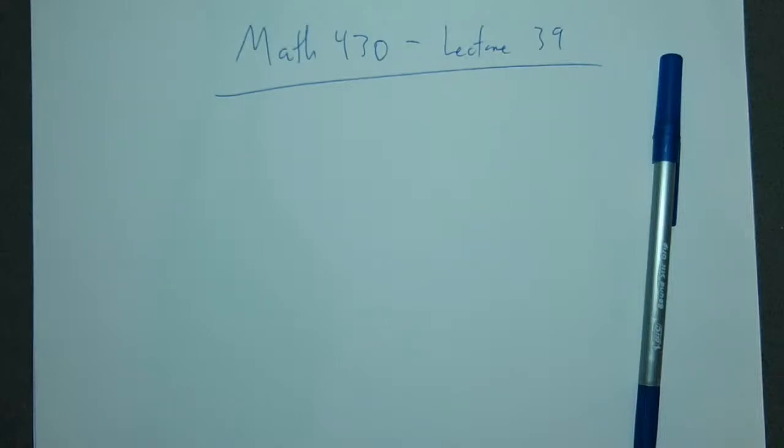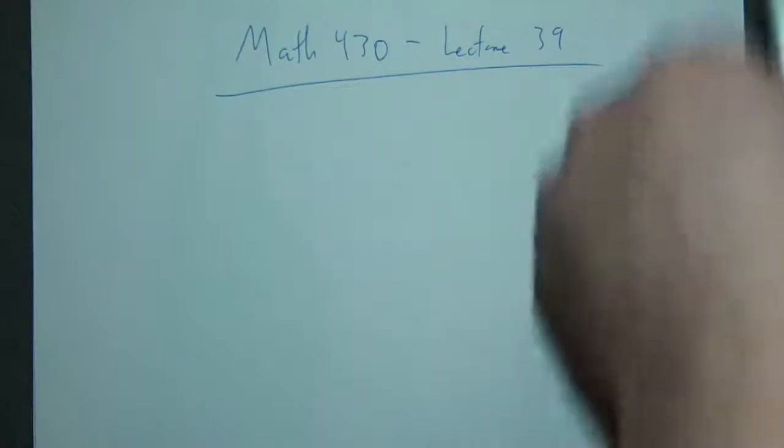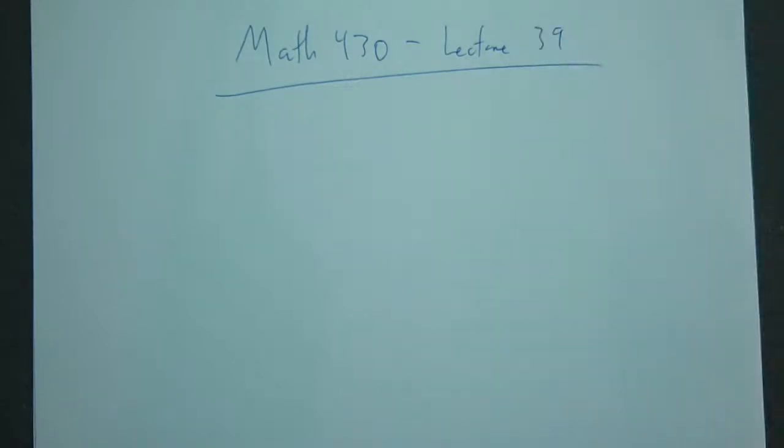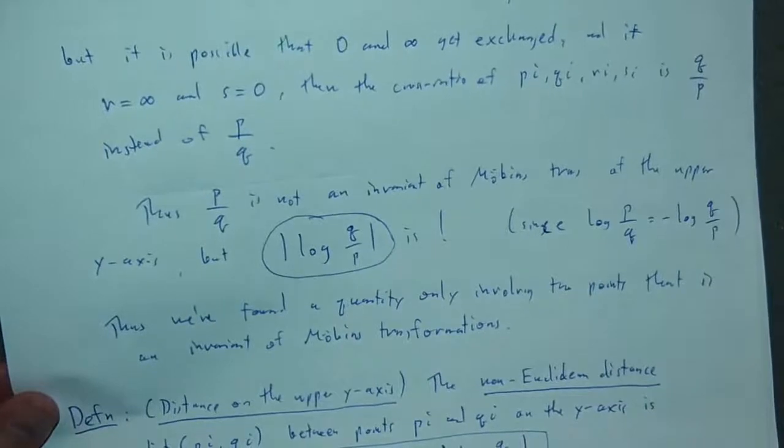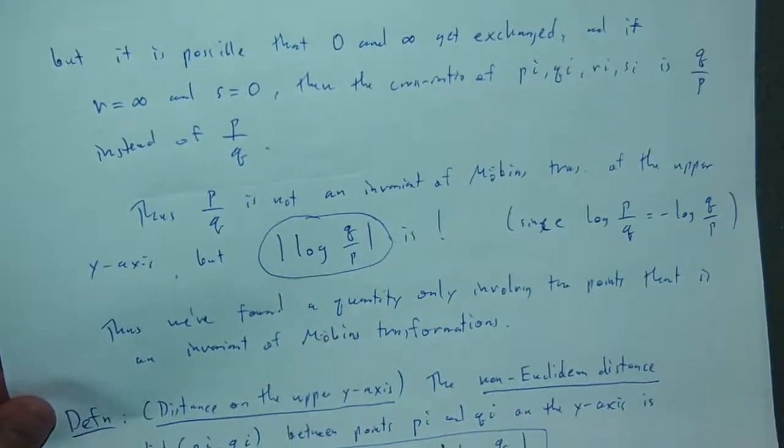Okay, so today is it. Today's the last lecture. So to tidy up what we were talking about last time, a couple of things. One, we saw that after a little bit of discussion, there was a quantity that was actually left invariant by these Möbius transformations, and that quantity is the absolute value of the natural log of q over p,